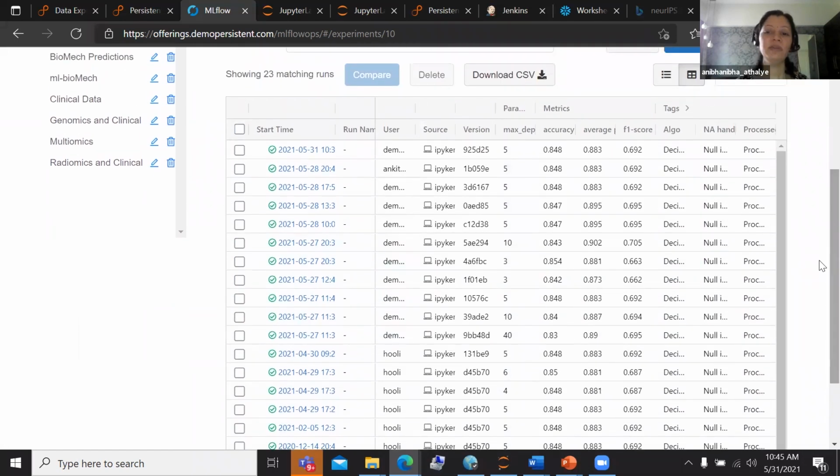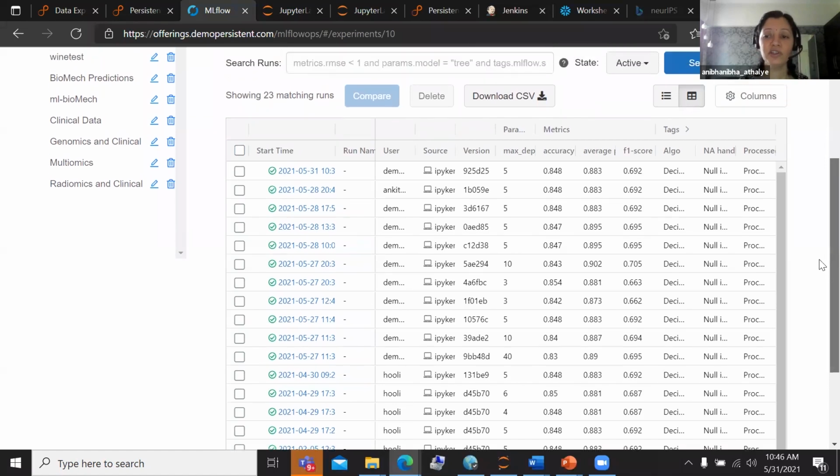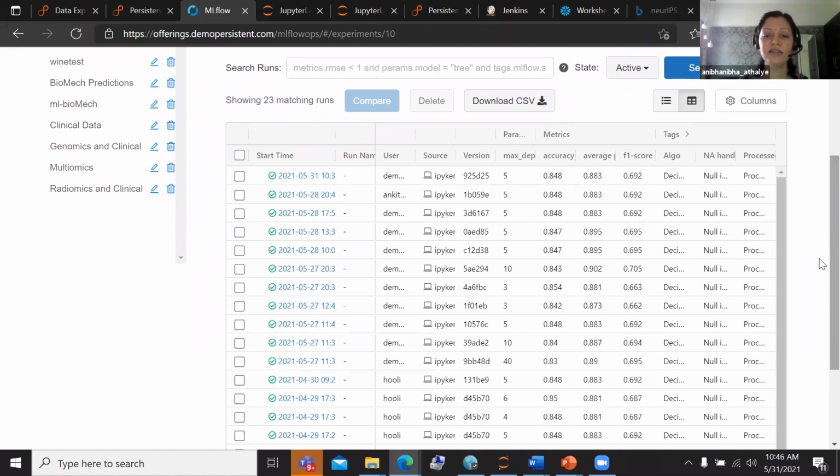Now, let's say one of these models is a best performing model that addresses the outcomes, and I want to push it to the next environment, or register it and say that, hey, this is the baseline model before I start getting into further optimizations.